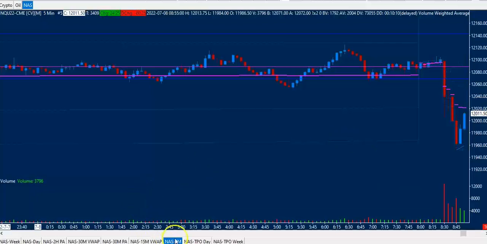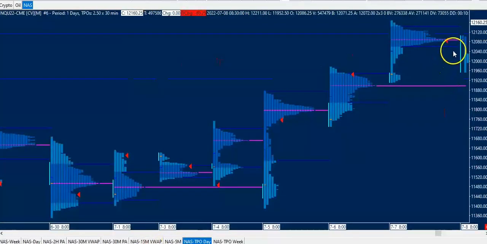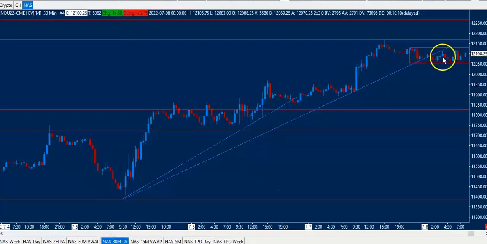Now if we believe that momentum is truly initiated to the downside and we want to go with the flow of this breakout, then because price broke down, we're going to want to be patient. If we think that price is going to continue to the downside based on following the price action of the morning and the volume, we're going to want to wait till we get a move back up into this value area low and maybe even the point of control before we attempt to short again, to give us the most optimum risk reward, right? So here, price breaks down below these lows, ideally our stop is going to be up here,